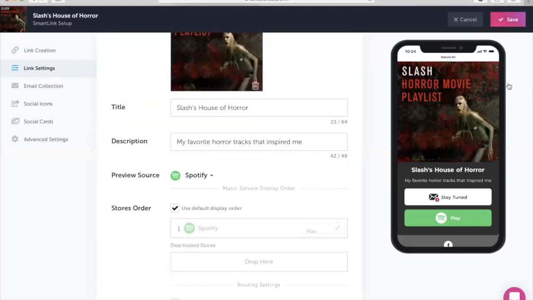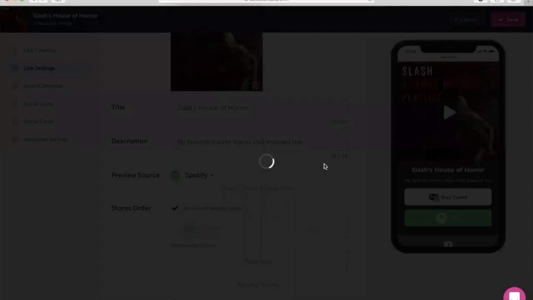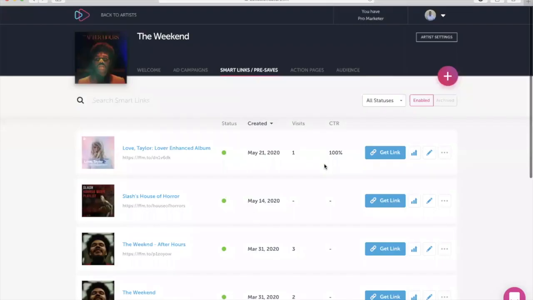Let's save this. Now, there's a few use cases in terms of territory management that come up on the platform a lot. And one of those is if you're thinking internationally and you don't have the rights to your track in, say, Canada, or let's say that you have the rights to your track in Canada, the US, and Mexico, so all of North America. And then you have the option of, say you want to have the rest of the world be to a different distributor than how you're self-releasing. There's a way that you can set up